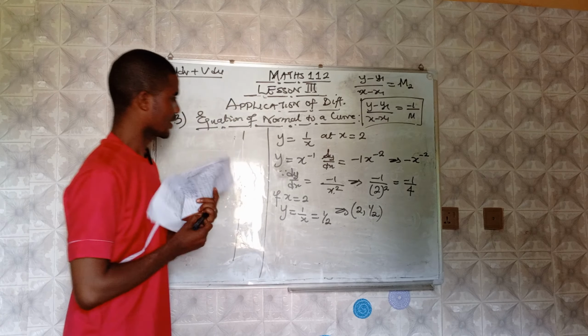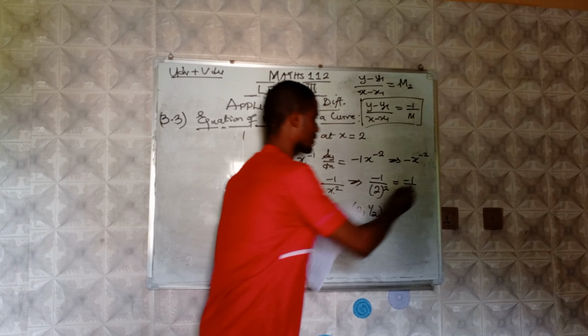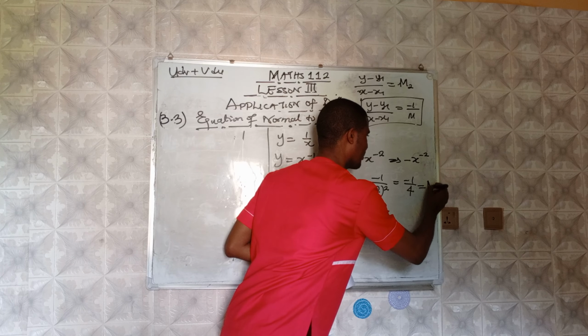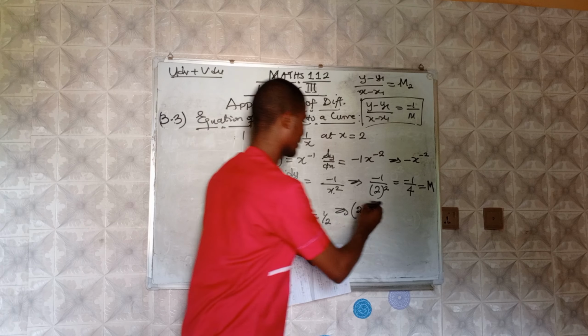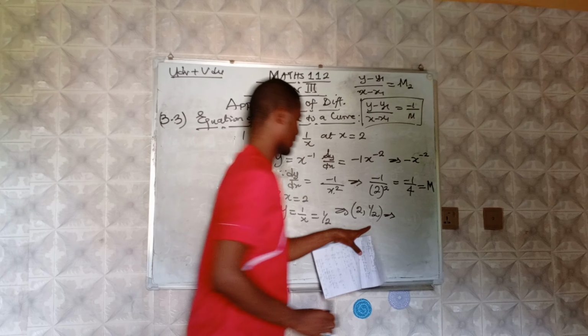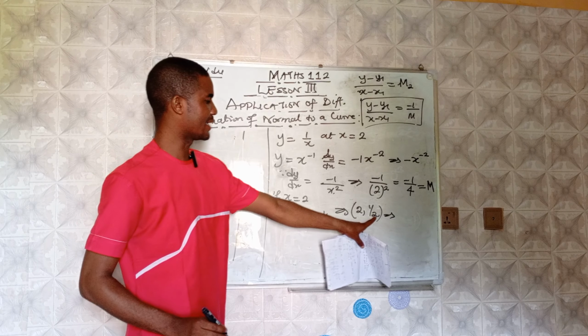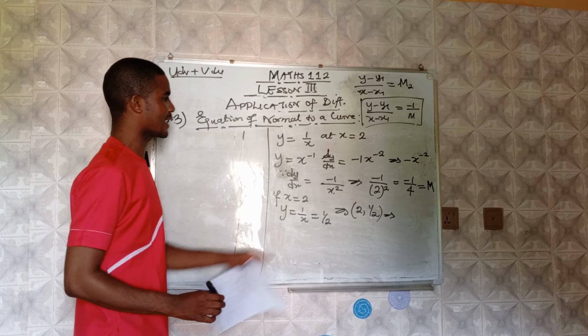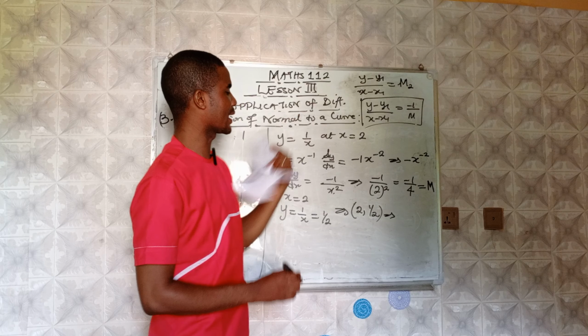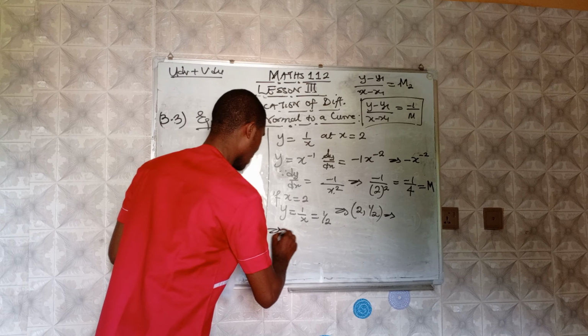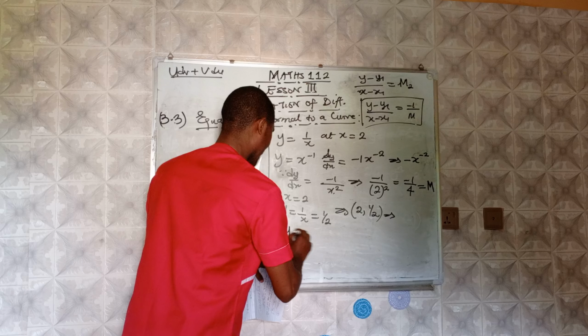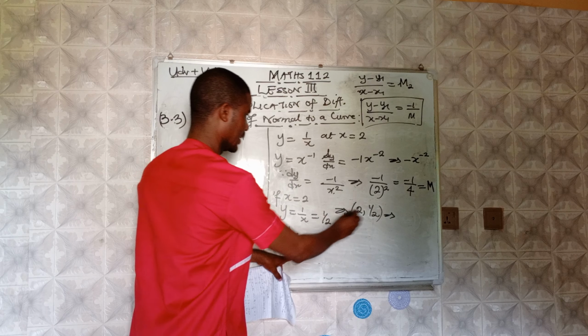You get that? This is my slope, which is my m, and these are my coordinates, x and y. Then the next thing I'm going to do is to use this to get the equation. My equation becomes y minus y1 is half